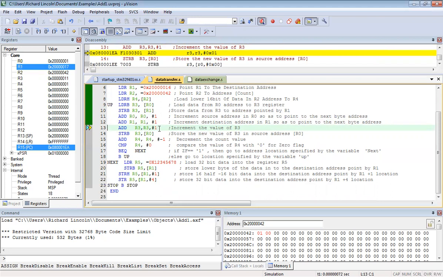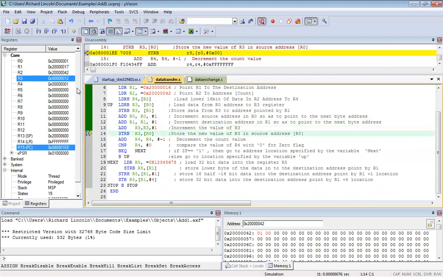And now similarly, we try to add 1 to r3 because we are using r3 also. So 11 became 12. Now the reverse process, right? The process continues. See here, we are storing from R3 to R1, and here R3 to R0. So which means we are trying to manipulate the data, we are trying to change the data, right? So now whatever was in R3 has to move to R0.